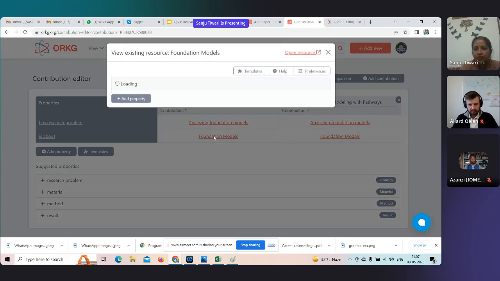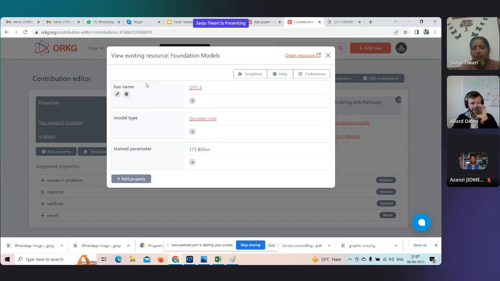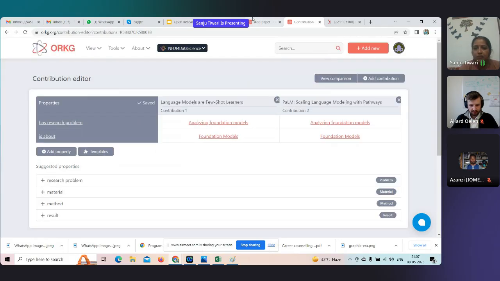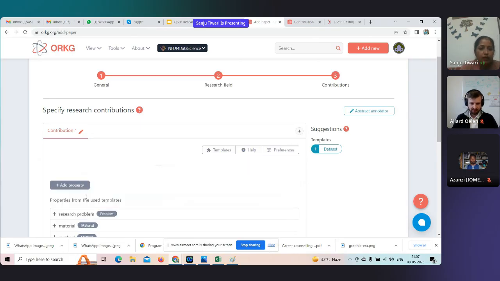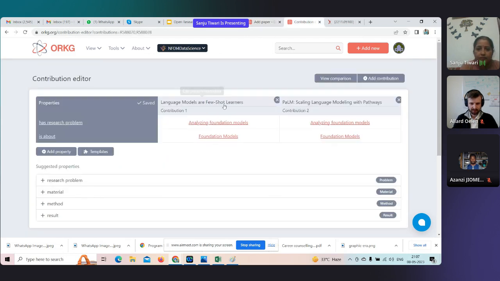If you click here, foundation models has further properties. That foundation model has name, has model type, has trained parameter. So you need to specify these properties first. That has research problem, this is a property. You can reuse the property, and here you can write